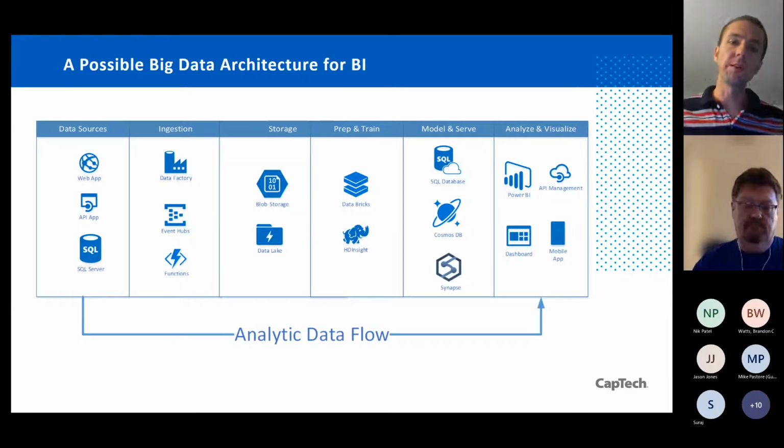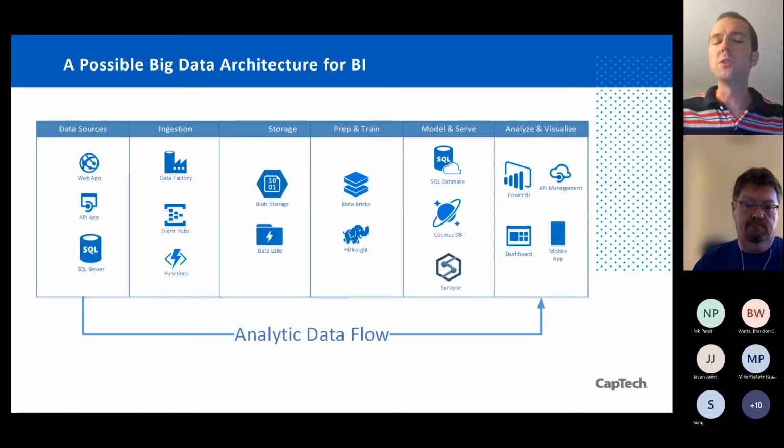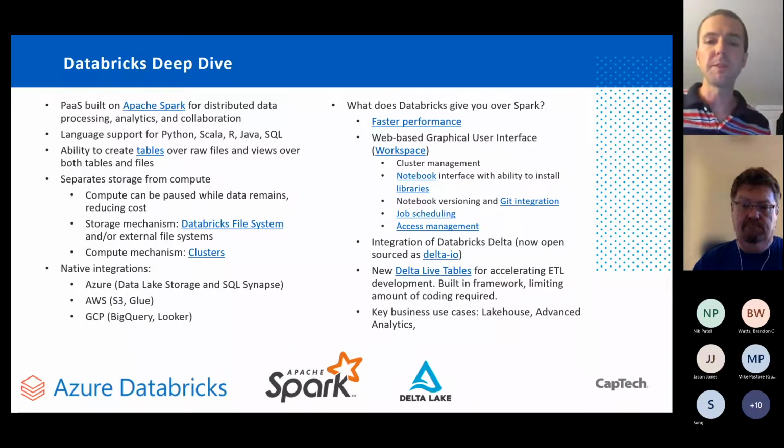But in my scenario today, we're going to model and serve out of Databricks as well, or out of the lake through Databricks as well. Yes, you could also hook things directly into your Parquet files. Just know that that's a read-only thing and that you wouldn't want to process transactions directly to the Parquet. You can do that with Data Factory. I've had much limited success maintaining my data integrity doing that because you don't get the benefits of what we're going to talk about right now, which is the Delta Lake framework is a big component of Databricks.